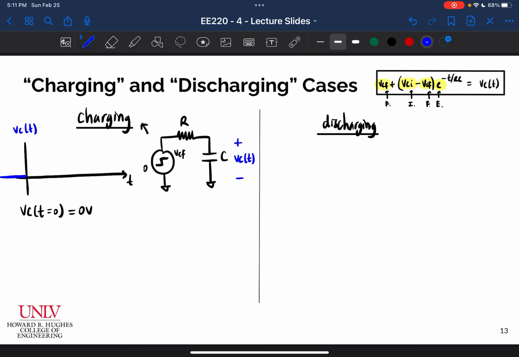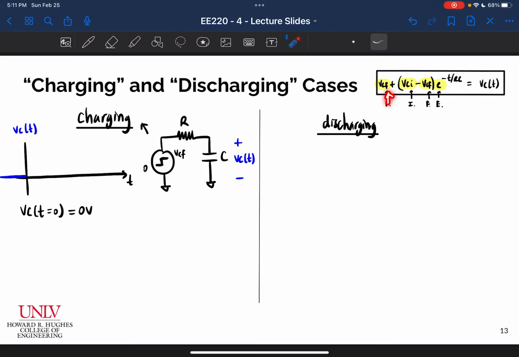And then at time t equals 0, I have this pulse, right? My voltage here pulses from some low voltage up to some high voltage, VCF. Okay, and when that happens, what my RC circuit does is it charges up exponentially and then it flattens out